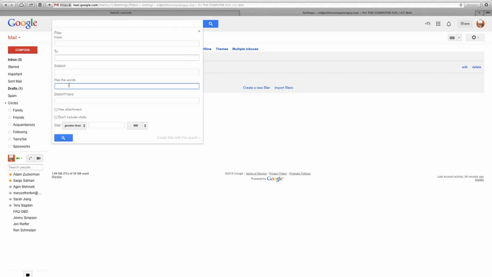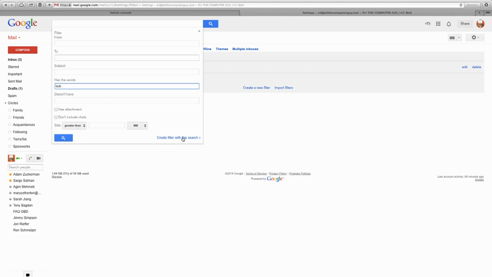I use this sometimes for certain things. Like if an email has specific words, I want it dumped somewhere. Doesn't have whatever else, has an attachment, don't include chat, size is greater, whatever else, has the words, let's say